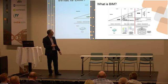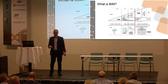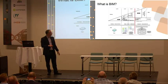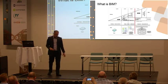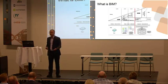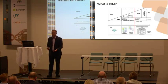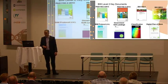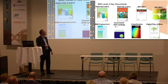And BIM Level 2 then, which has now been mandated, so from this April, all government projects should be requiring BIM Level 2. That basically used the common data environment, and it also included then COBE, so you had to give a COBE export, and you had to do certain things in certain ways, which I'll come to in a minute. So the standards that you must use in the UK are